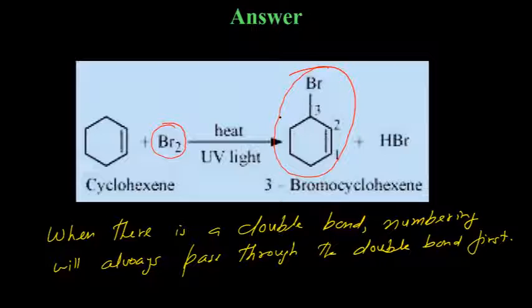You don't need to write cyclohexene because that is evident. Otherwise, this name will not be possible. This carbon has to be 1. Is that clear why the lower carbon will be 1, not the upper carbon of the double bond? Good.